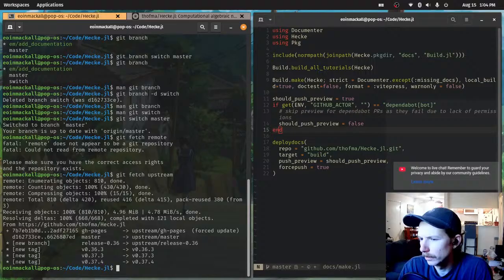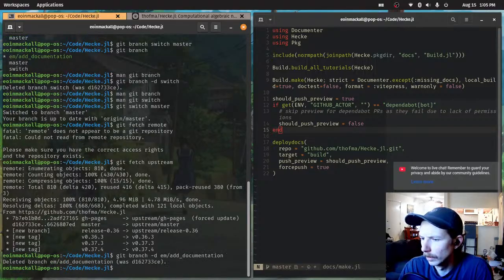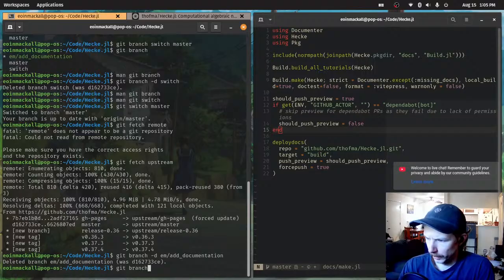Receiving objects done, resolving objects completed. Let's do git branch minus D. And then